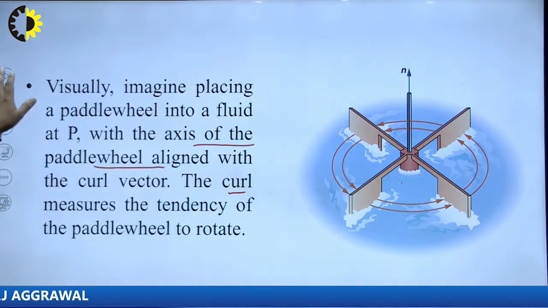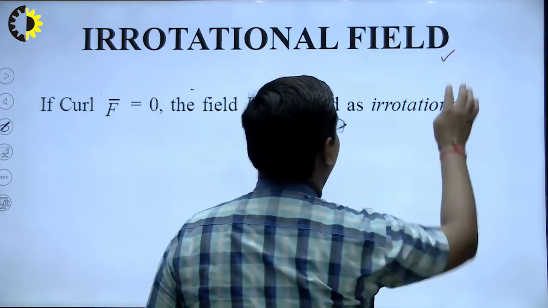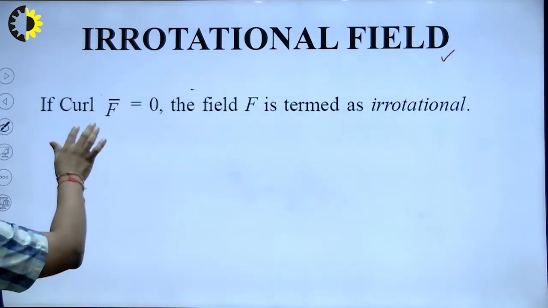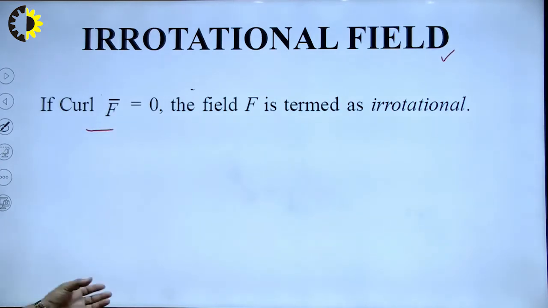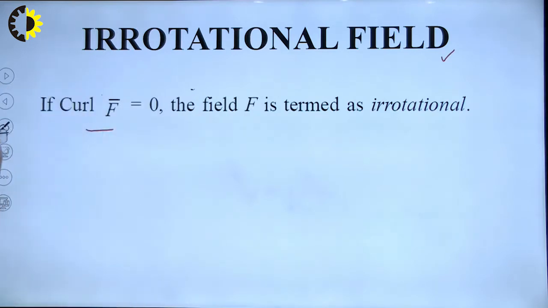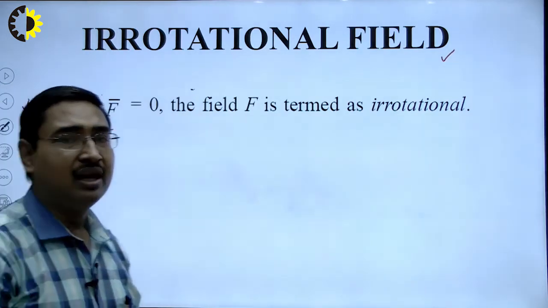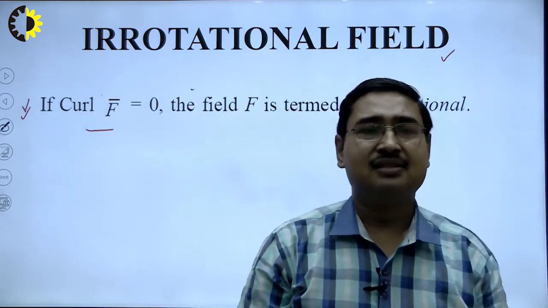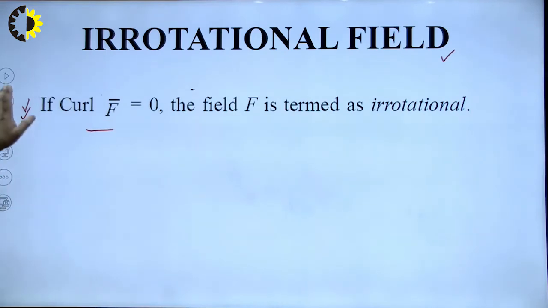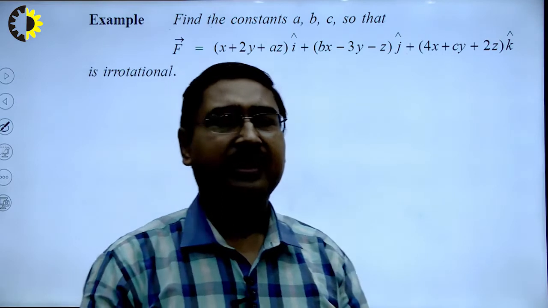And it gives our next definition, irrotational field. A field is said to be irrotational if its curl is 0. It is motivated by the previous explanation which I have made here. Thus, this term will be used very frequently. If a vector field f has its curl as 0, then such a field is called irrotational vector field. We take an example of irrotational vector field.